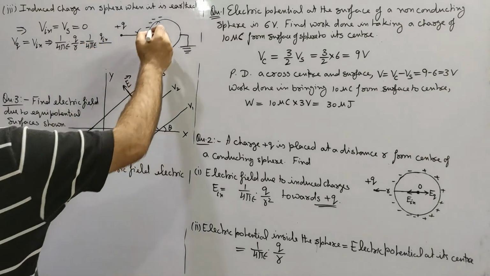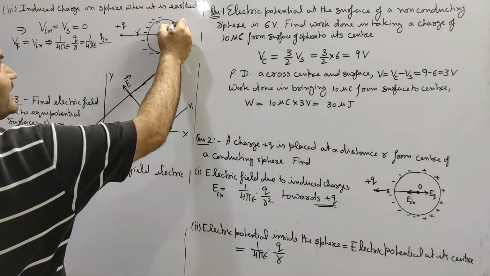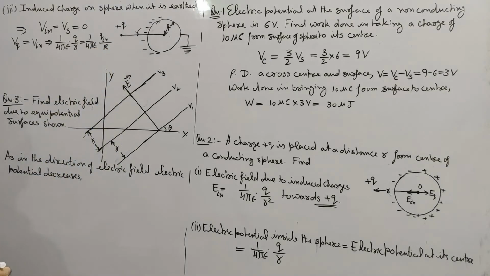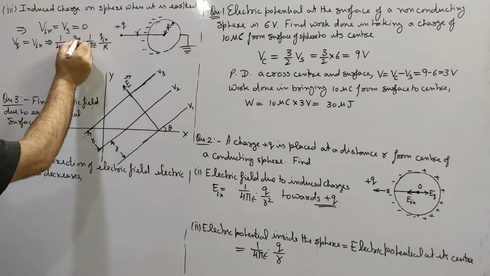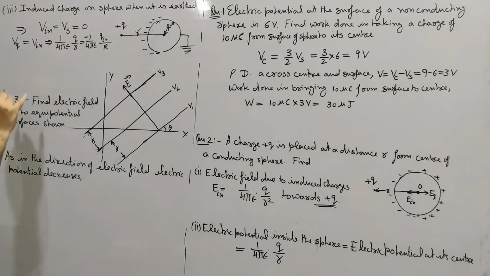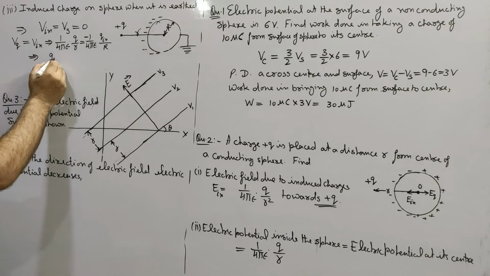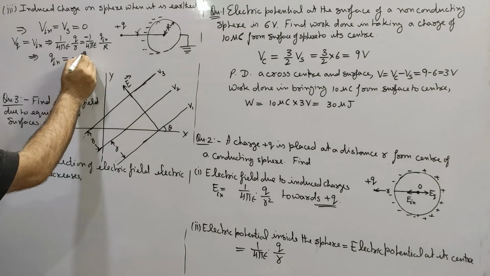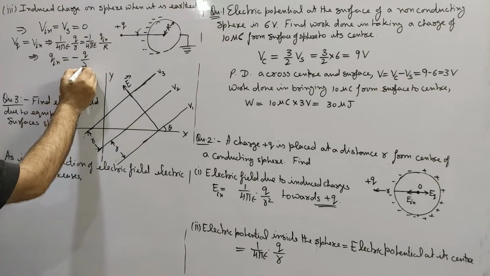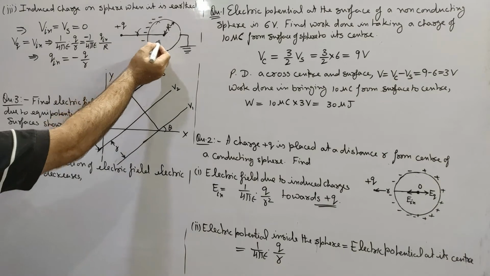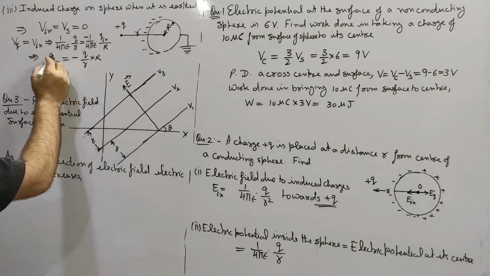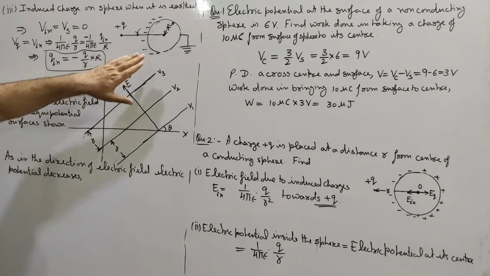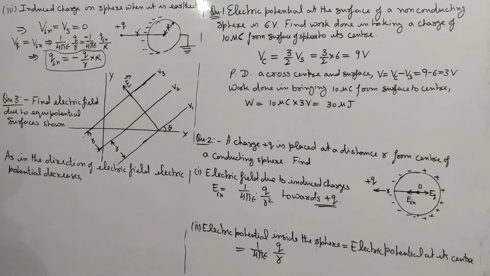divided by radius of sphere. If we are taking the radius of sphere as R, then it will give upon R, and this electric potential due to induced charge will be negative. So we can say that induced charge Qn is equal to minus inducing charge divided by distance of inducing charge from the center multiplied by radius of sphere. In this way we can find out the charge induced in the first half of the sphere when the sphere is earthed.